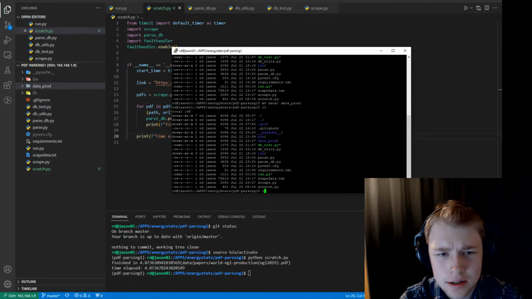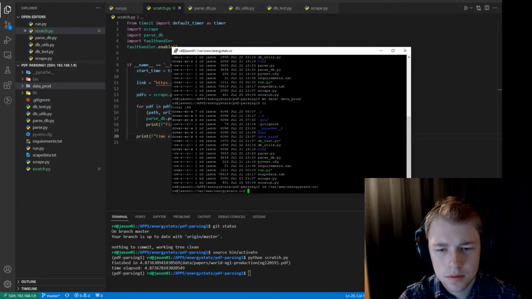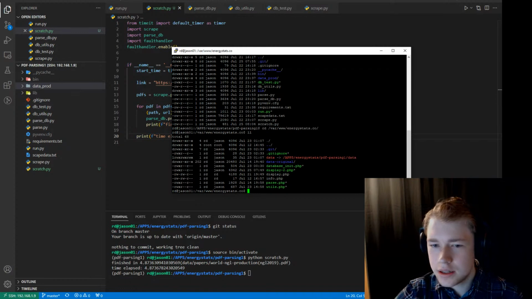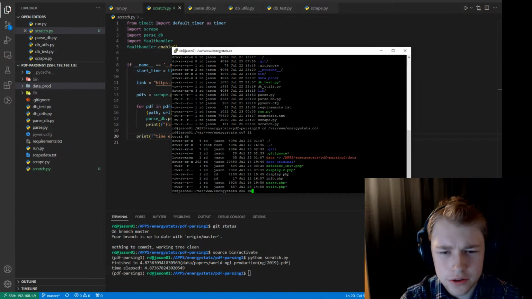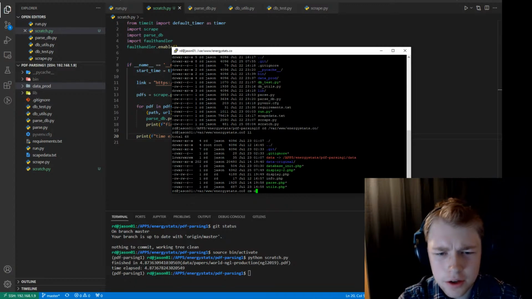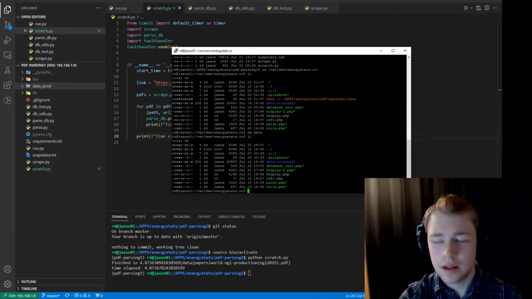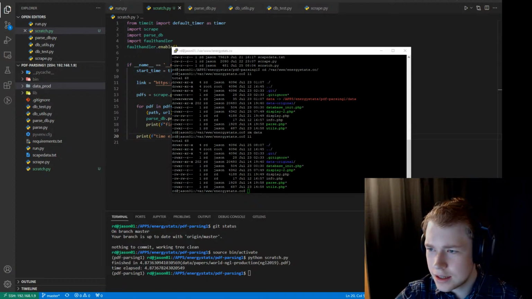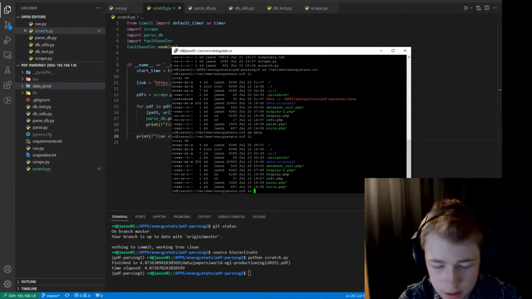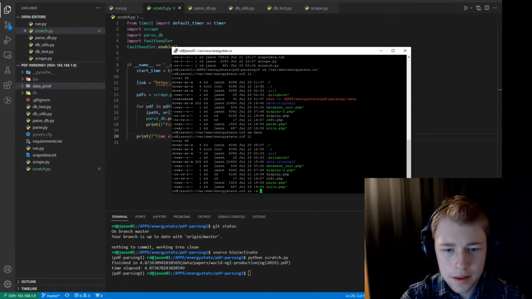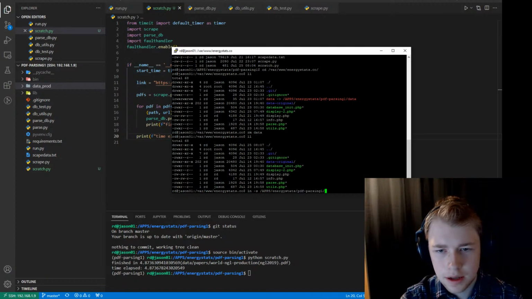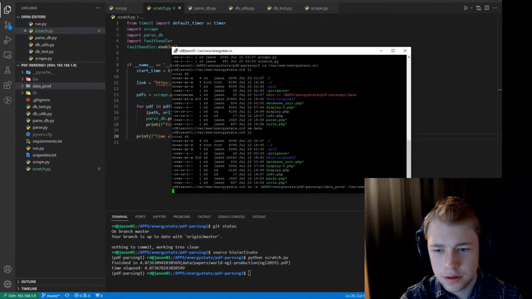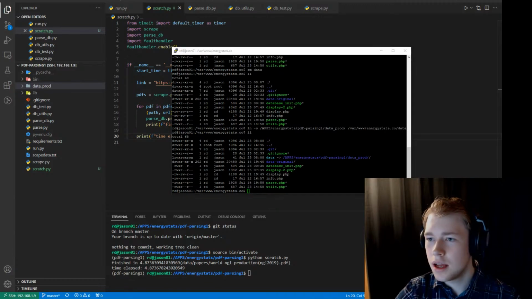So then if I just rm data, that removes the symlink, and then it's ln source destination, ln -s, and then /apps, energy stats, pdf parsing, data prod, and then /var/blub/energy stats code/data, and voila,